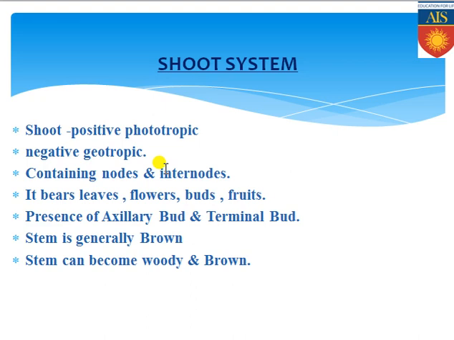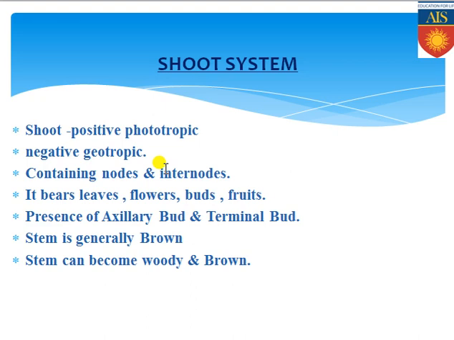One is the axillary bud, another one is the terminal bud. Keep it in your mind, the axillary bud is present laterally on the shoot system or stem, because from there the branches will arise, and terminal buds are present at the terminal position of the shoot or stem, which is responsible for increasing the height or the length of the stem.